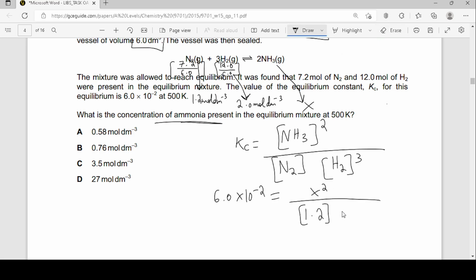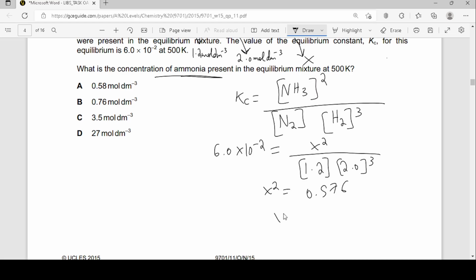I'll work on that. H2 is 2.0 cubed. So then X squared, if I just cross multiply and calculate this value out, 6.6 × 10⁻² × 1.2 × 2 cubed becomes 0.576. So now my X is equal to the root of 0.576, and since concentrations are not really negative,